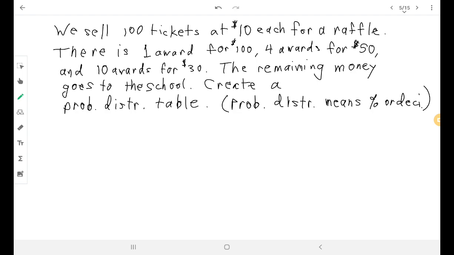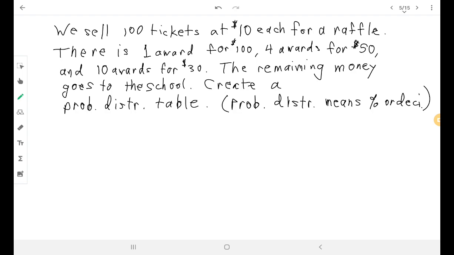We're going to sell them for $10 a piece, and the reason people are going to pay that amount is because we're going to provide cash rewards out of this. At the end of the night, we're going to pull one random ticket, and whoever's ticket that matches gets $100. Then we're going to pull 4 more,